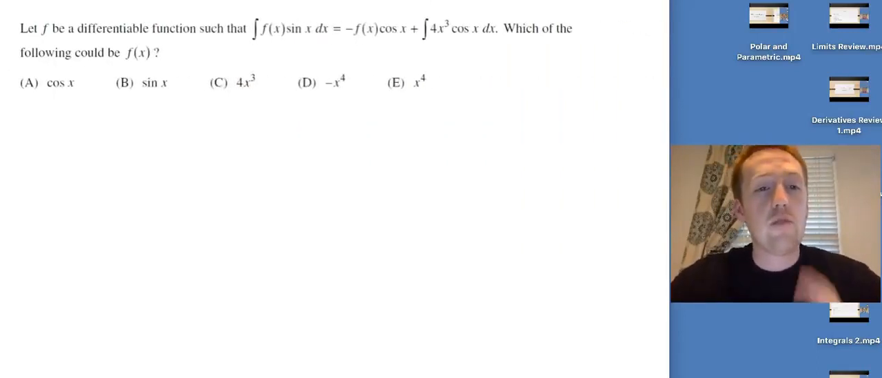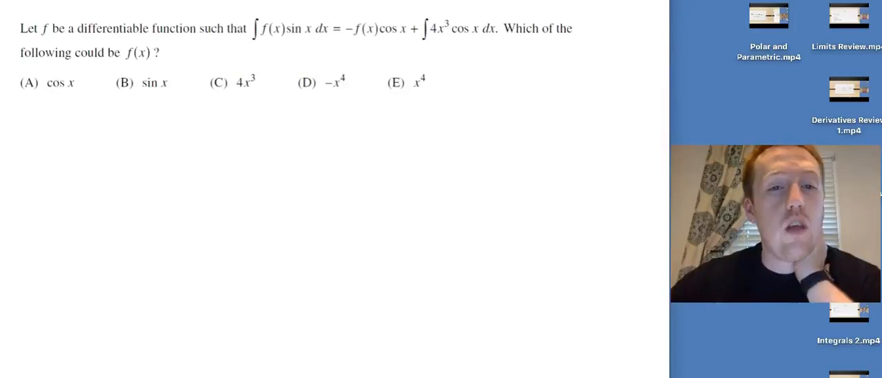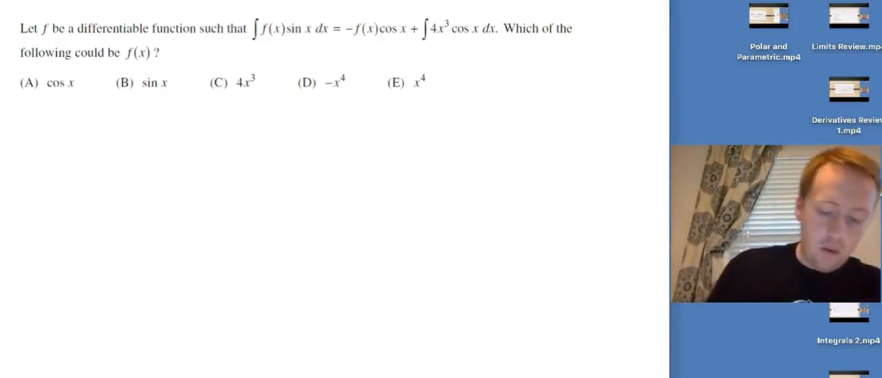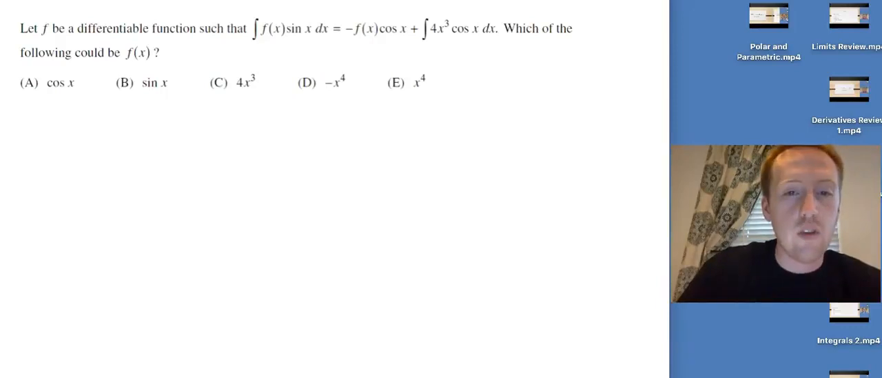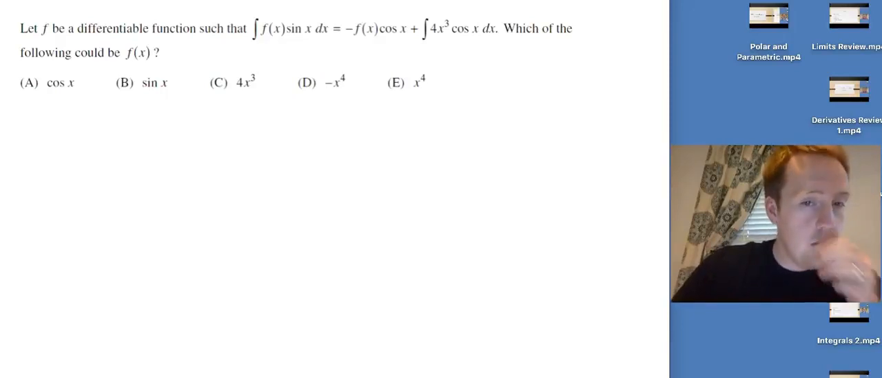All right, let f be a differentiable function such that the integral of f of x sine of x dx equals negative f of x cosine of x plus the integral 4x cubed cosine of x dx. What we're essentially charged with in this is figuring out, was f of x chosen to be u or was it chosen to be dv? Well,